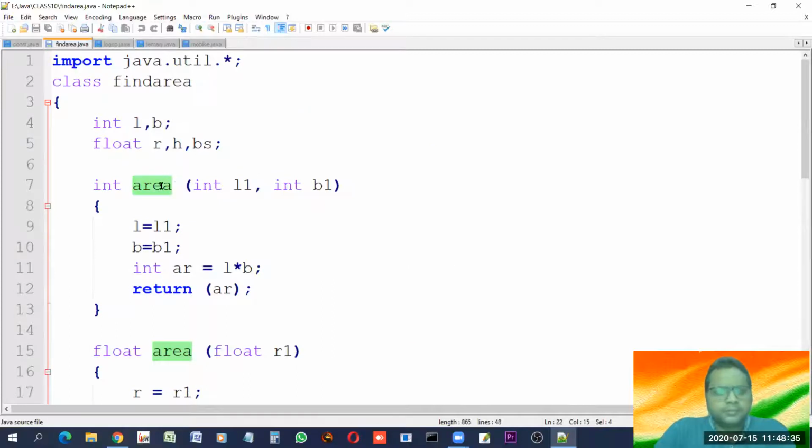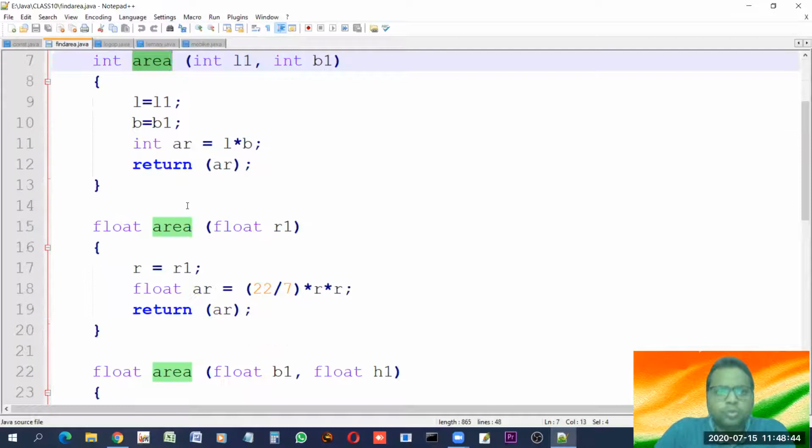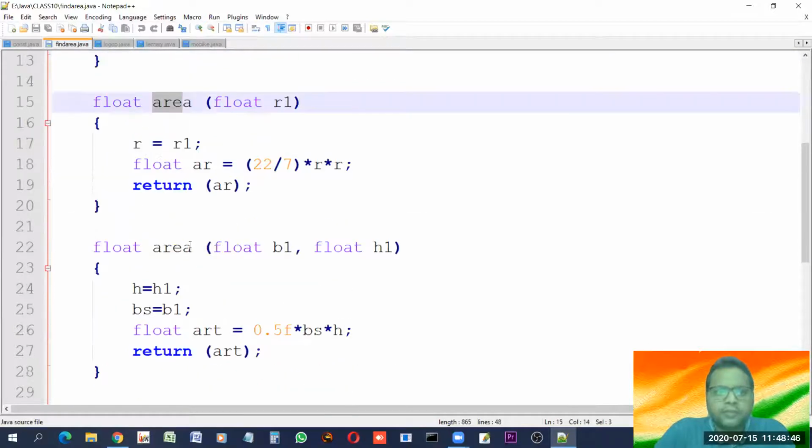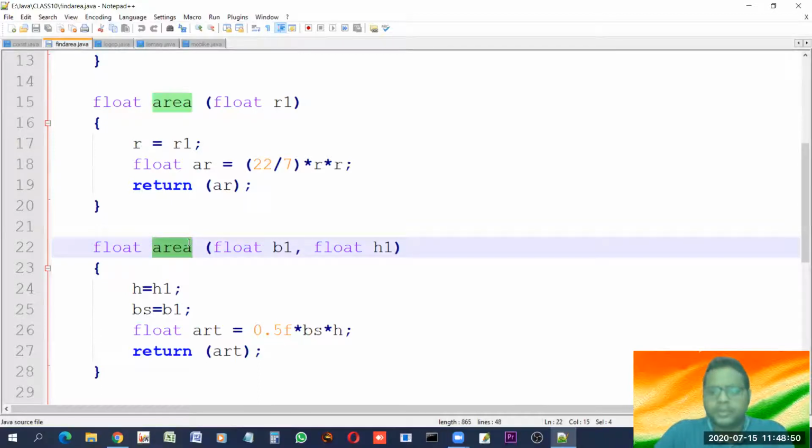So the thing is, look at the name. Area is the name. Here also area. So this one name is being used for finding the area of different objects. This is one simple example of overloading. This is called overloading. This is called polymorphism. Now you may wonder, what is this?